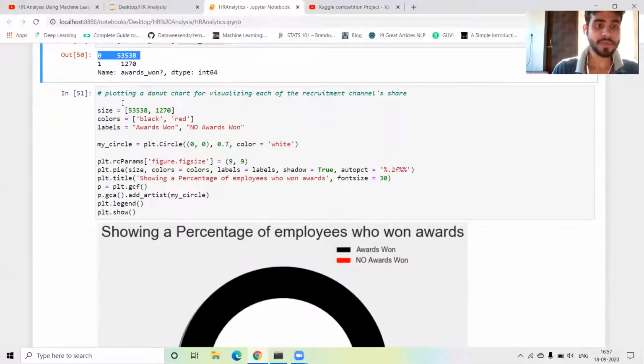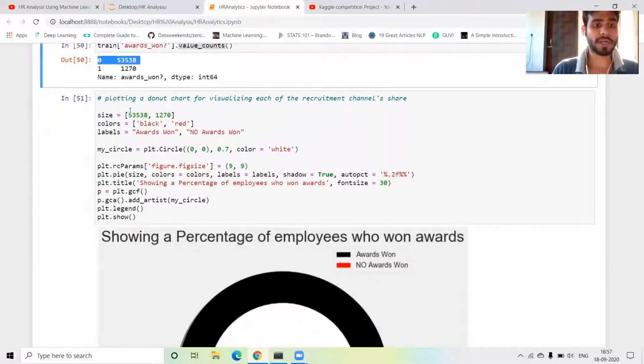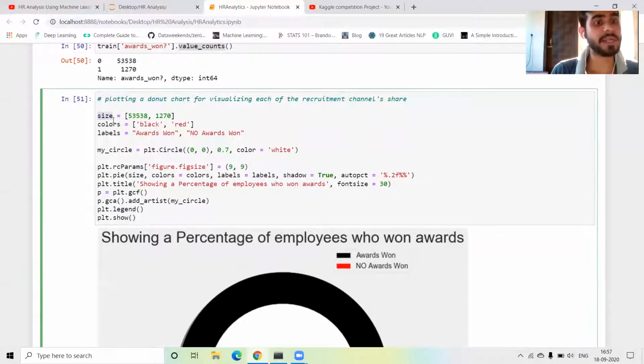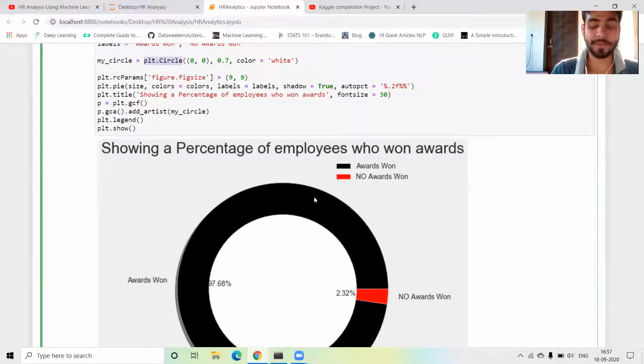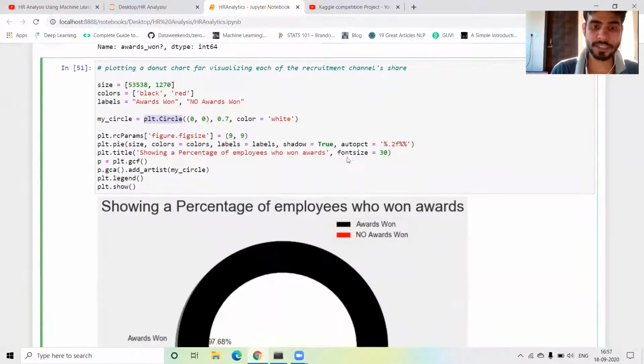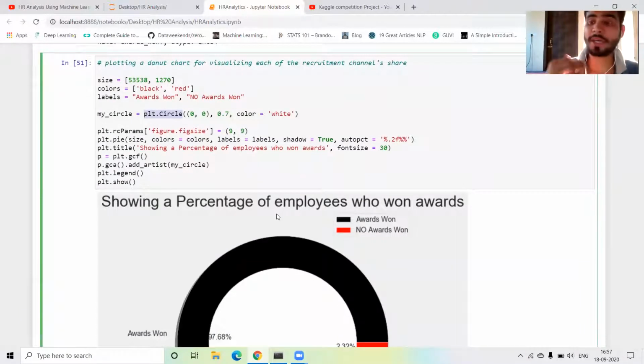Next I plot a pie plot again for the award won column. The same thing: I define the size, color and label. In the label I write award won and no award won. Next I define a circle with plt dot circle. In the previous column I plotted a pie chart, and in this one I plot a circle.